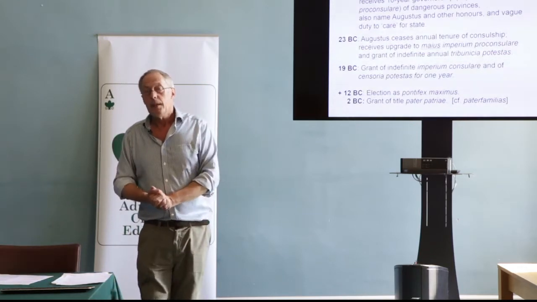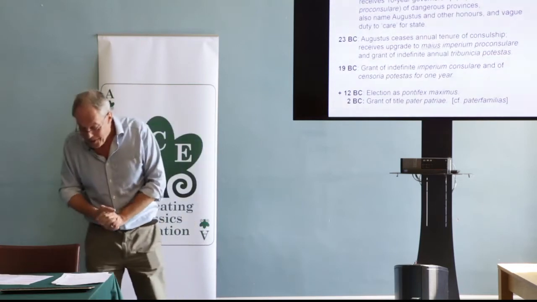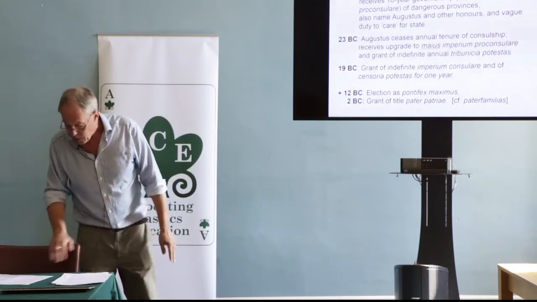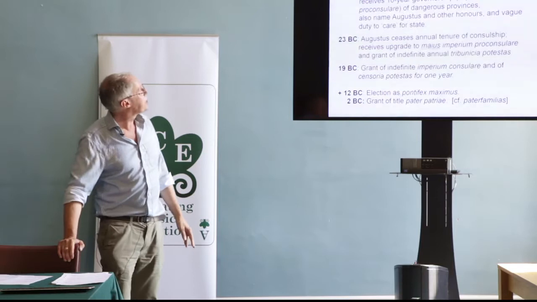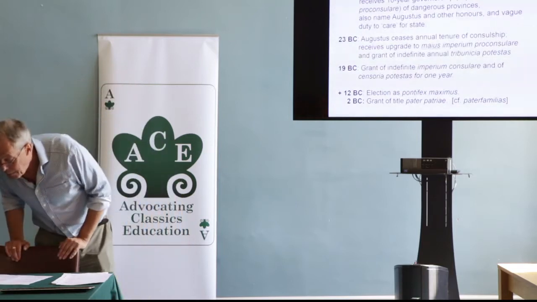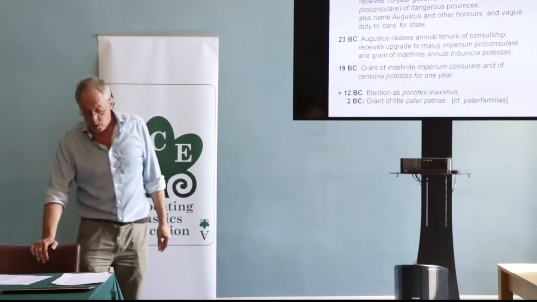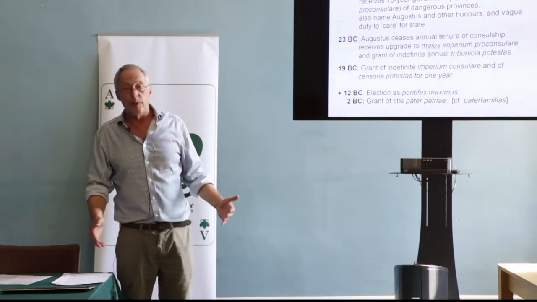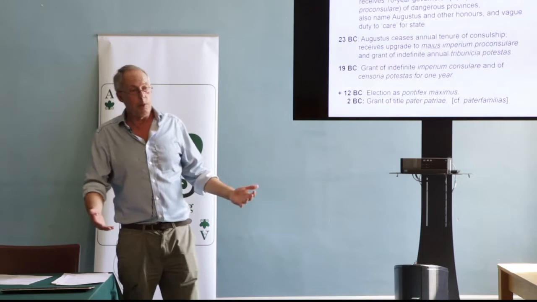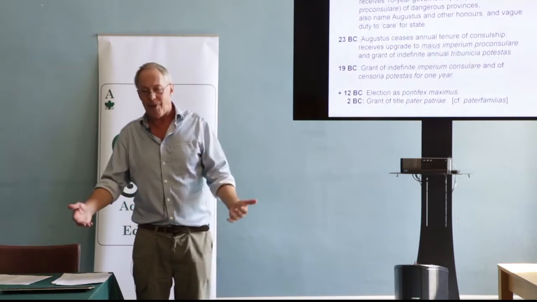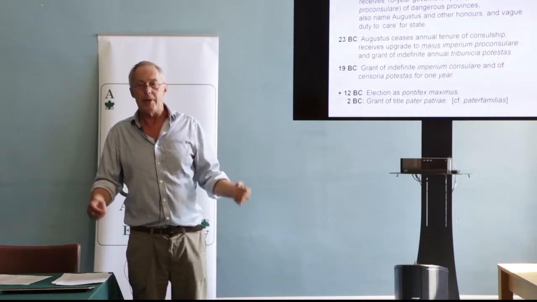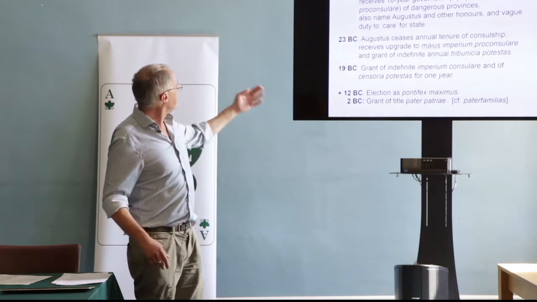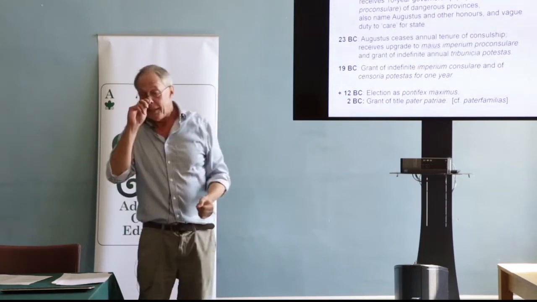Okay. And when he comes back, there is then a bit of a change of plan, and we go into the so-called settlements. Now, the idea of there being settlements goes back to a German historian called Mommsen. And I just mention this because all the books, you can't get round it. You have to talk about there being 3 settlements, the settlements of 27, of 23, and 19.